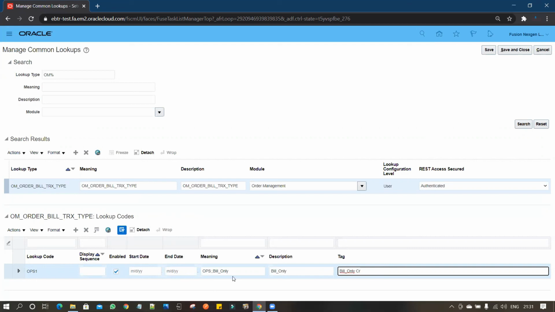So this is how it works. While creating the sales order, the extension will use this lookup, and based on this order type versus receivable transaction type mapping, it will default the transaction type. If you are creating the sales order, it will default the value from the description. If you are creating the RMA order, it will default from the tag value.